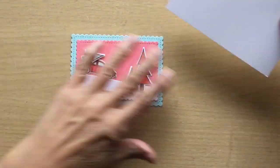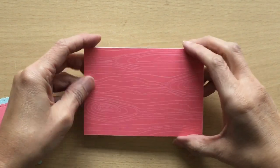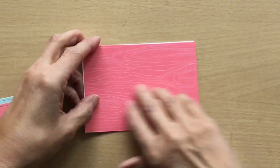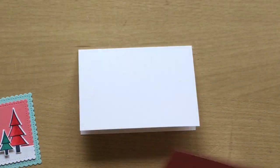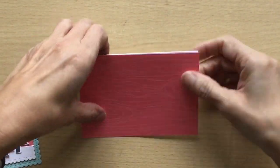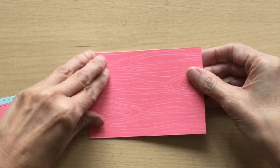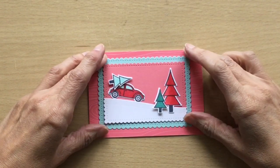And then on the background this time, instead of using the Christmas cardstock, I've used DSP, the Brights 6x6 collection. This is the Brights collection, and they come in lots of different designs and all of the colours, and I think you get 48 sheets of 6x6 paper. So I've gone for the wood design in the Flirty Flamingo,